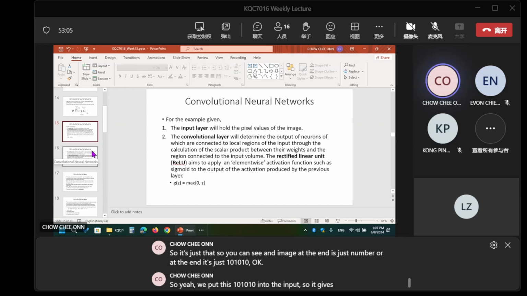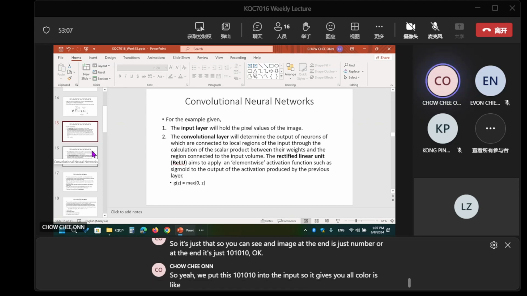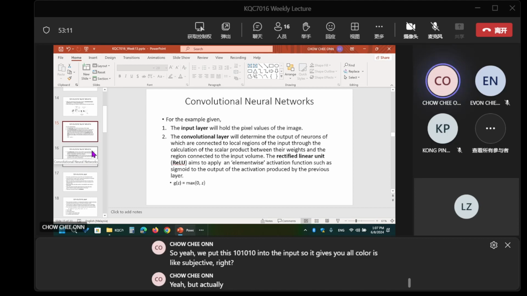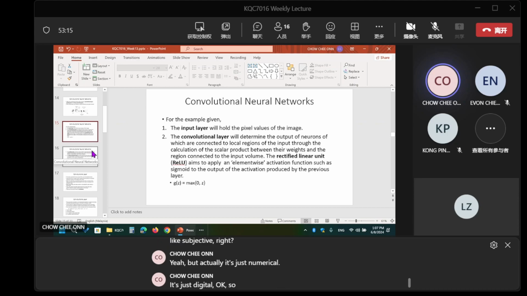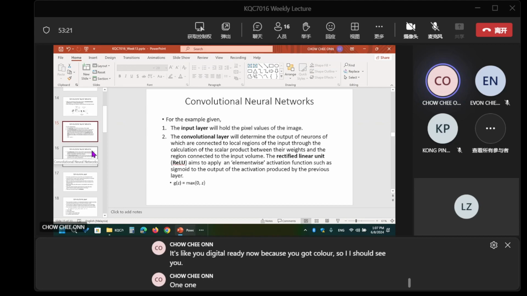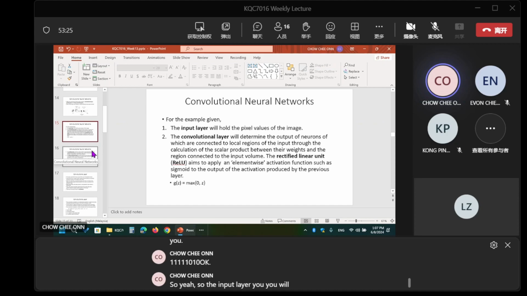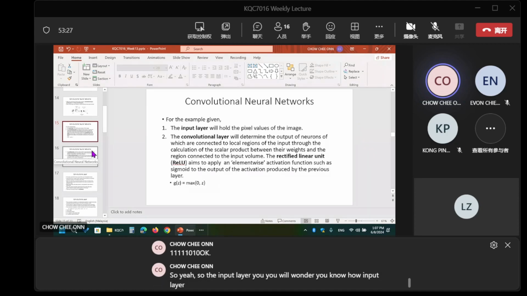Color is subjective, but actually it's just numerical, just digital. I look at you, it's like digital already because you got color. So I should see you as 11111010. So you will wonder how the input layer takes colors. Actually it's just taking numbers, 1010.